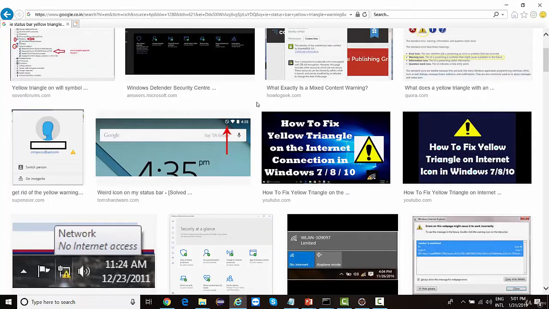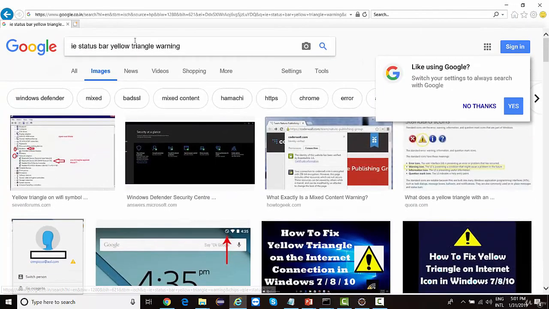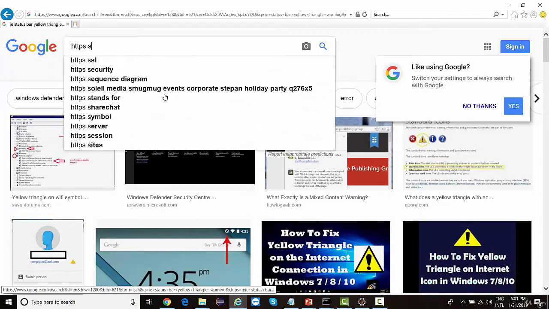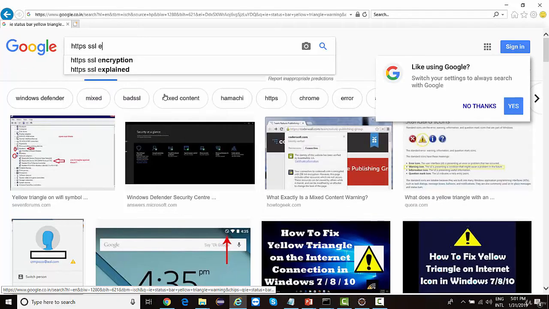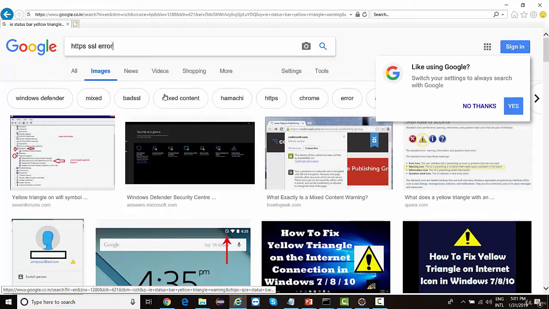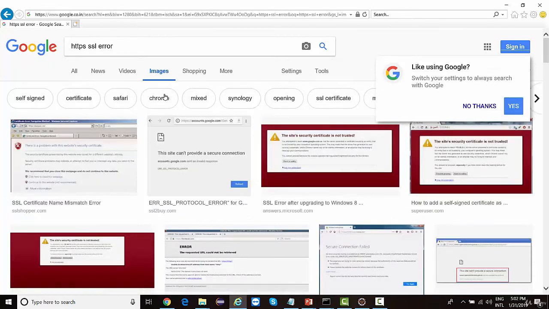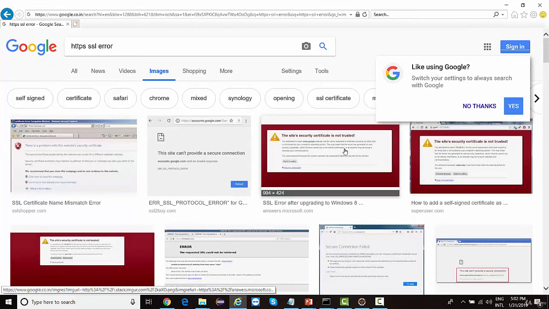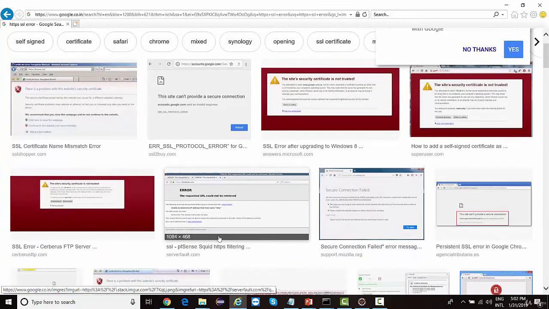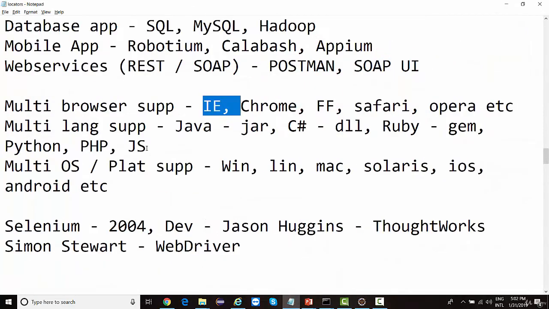But if you enable JavaScript execution on IE, and let's say I have enabled it, but my website was a secured website, HTTPS. It has got some SSL certificates. If I remove the security from my browser, I'll start getting these warnings. The site security certificate is not trusted. The connection is not trusted. So ultimately, if my website will not launch, what will I automate? So this was one of the major challenges. The architecture itself was a major challenge.